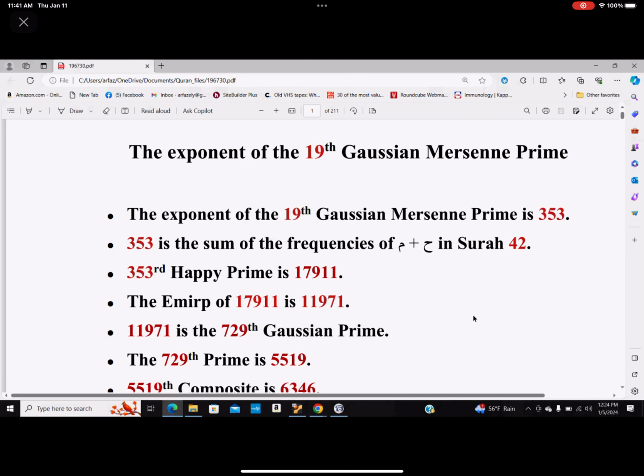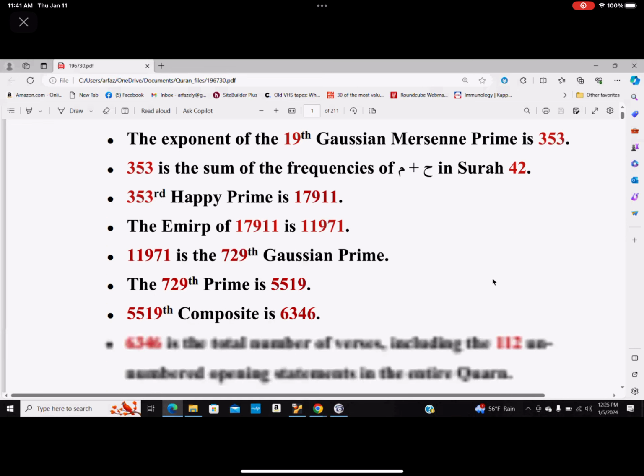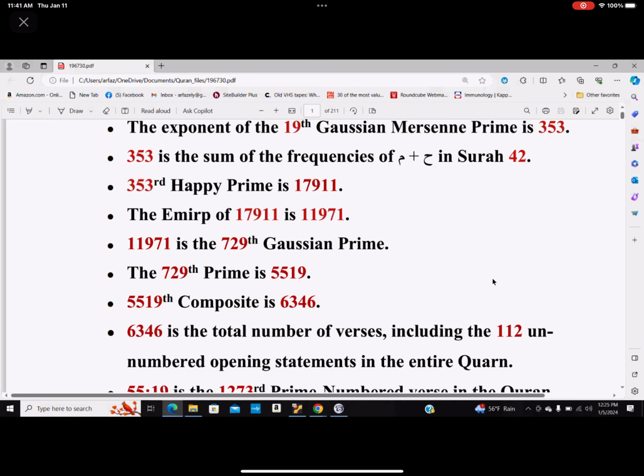Okay, all right. So we go to the exponent of the 19th Gaussian Mersenne Prime. I cut and paste some of these to get to my point of the new thing that we just found out about. The exponent of the 19th Gaussian Mersenne Prime is 353. 353 is the sum of the frequencies of Ha plus Meme in chapter 42. The 353rd happy prime is 179. The Emirp of 179 is an Emirp, and its Emirp is